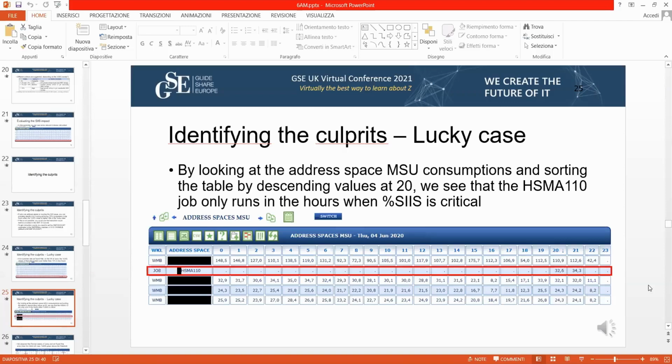Okay, the first one was something running throughout the whole day. Instead, the problem we had at 8 and 9 o'clock, there was just an address space that at 8 and 9 o'clock was using a lot of MSUs. And so this was probably the critical one, the culprit, as we say here. So we found it immediately.